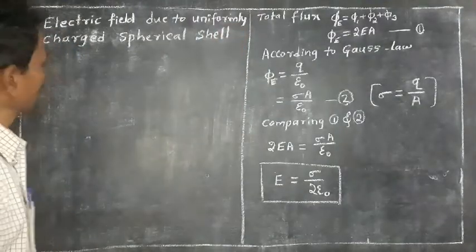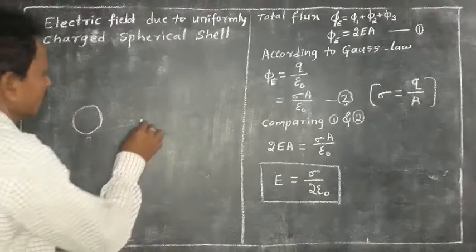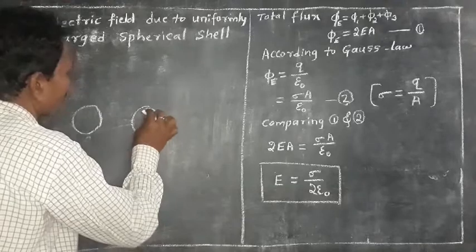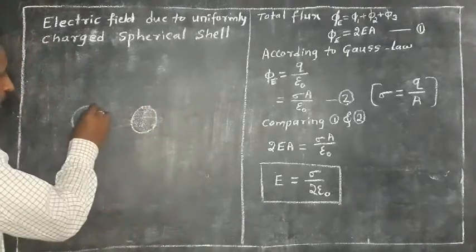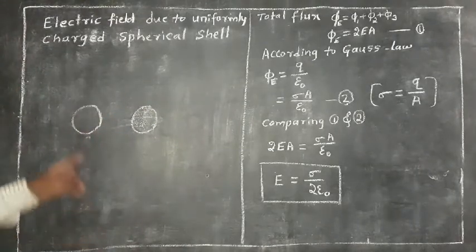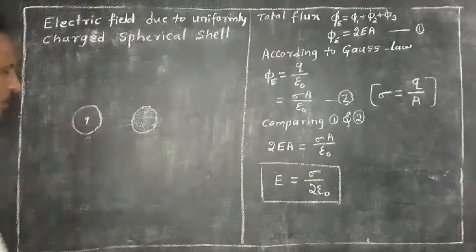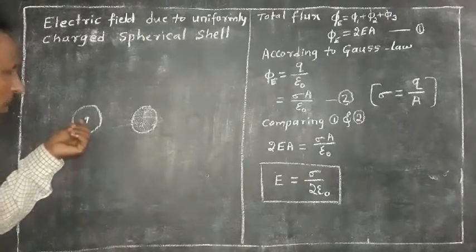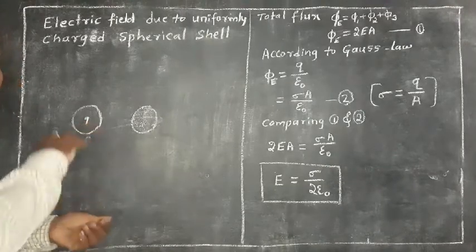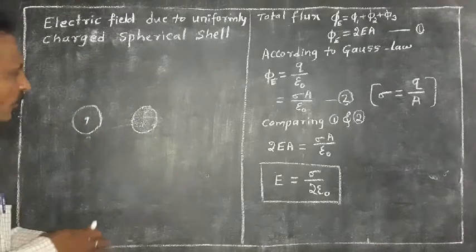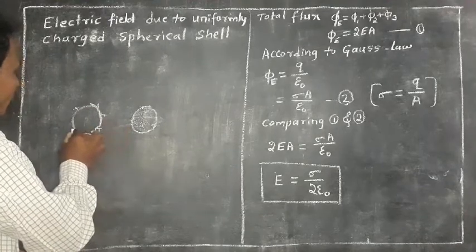The spheres are of two types, hollow sphere and solid sphere. You may take any one. In case of hollow sphere, if charge is placed on it, according to the properties of charge, charge always resides on the surface of the conductor. Therefore, this charge is uniformly distributed on the surface of